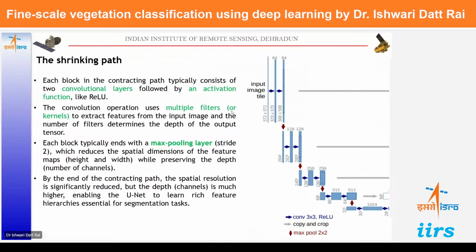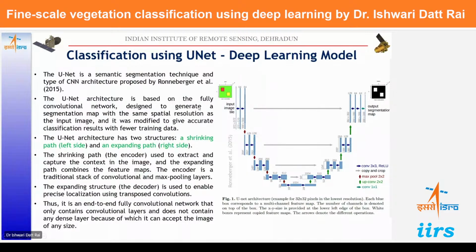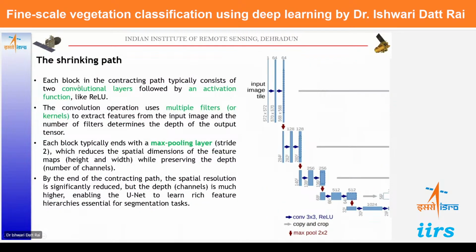So in this, it basically takes the satellite data with the labeled information about the different classes or target objects for the classification. And further, if you see the details of the shrinking path, each block in the contracting path typically consists of two convolutional layers. These blue arrows represent the convolutional layers, followed by an activation function like the rectified linear unit. These activation functions introduce non-linearity in the CNN model, applying to the outputs of the convolution or pooling layers, allowing the network to understand very complicated associations and make complex,